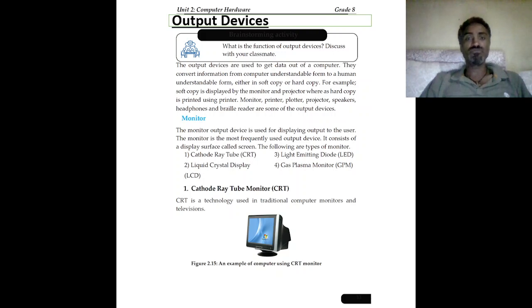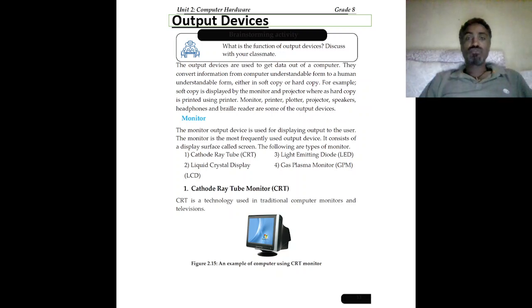They convert information from computer-understandable form to human-understandable form. Computer-understandable means that inside the CPU, when you type a letter, for instance, it is represented in 0 and 1. Every letter and every number is represented inside the computer in 0 and 1 form, because the computer is a digital device that works in binary form. Humans understand numerical values, decimal values from 0 to 9, and letters.